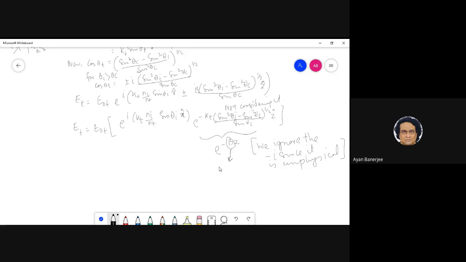So this is like a k, and roughly you can say that beta is of the order of lambda because it's like a k, right? So essentially you have an exponentially decaying wave